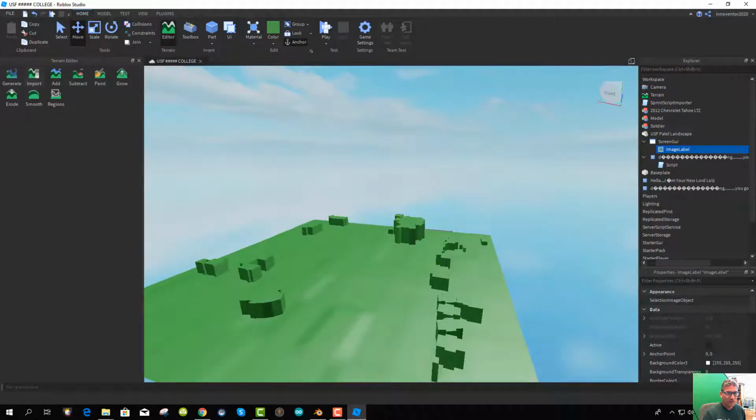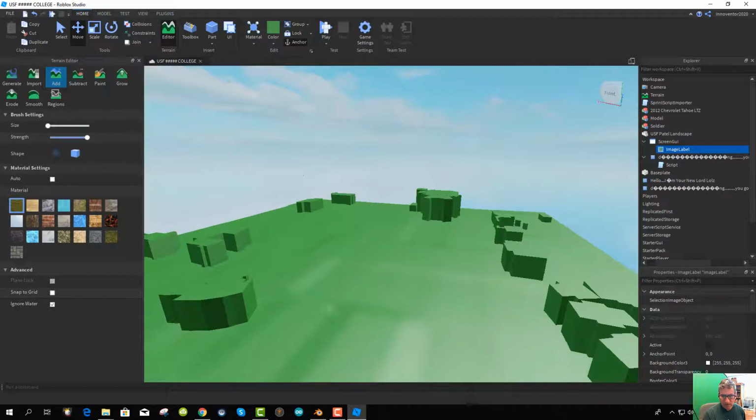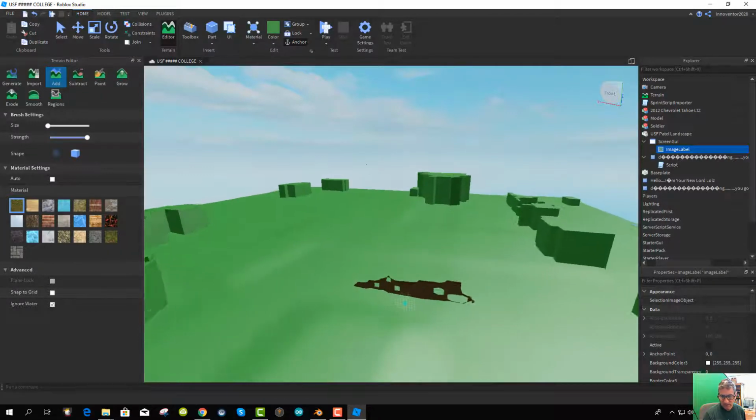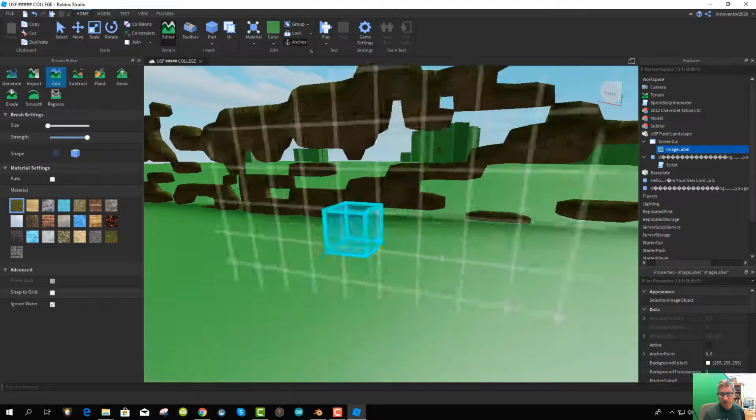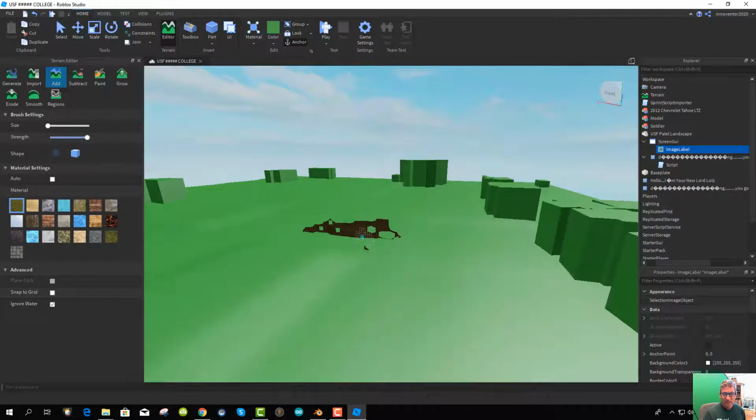But of course, one of the problems with the terrain editor is you have to find a shape and then a strength and a size, and the shape is so big that if I came in here and I wanted to start putting down grass, would it stick on the landscape? No, instead it floats in midair. You'd have to really get down. So there's difficulties in creating that. We'd have to create a terrain and then paint the terrain. So we probably need to make flat terrain. A lot of different stuff that we're going to have to work out